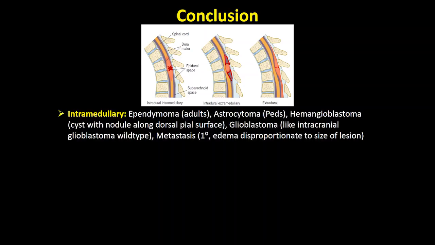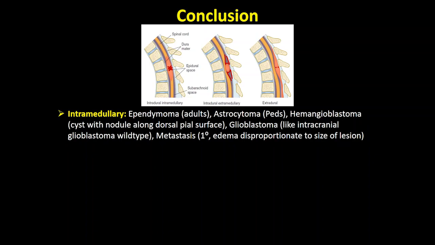So in cases of intramedullary tumors, if the tumor is seen in the middle-aged adult population associated with a hemosiderin cap, ependymoma more likely. If the lesion is seen in the pediatric population with intratumoral polar cyst seen, some enhancement,